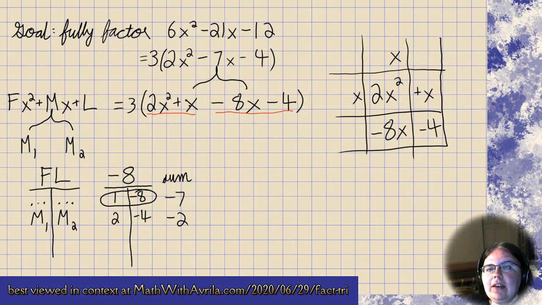And I'm going to say, okay, well, I see that these two have a common factor of an x, so I'm going to factor that out. So then that leaves behind 2x. Now remember, since we've factored everything out of this term, we need to put a plus 1 for the term representative. And then over here, I notice both of these are negative, so I know I'm going to factor out a negative. And I notice they're both even, so I see I could factor out a 2. Let's see, and then that would give me